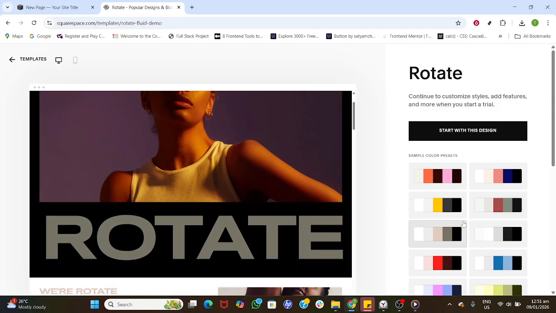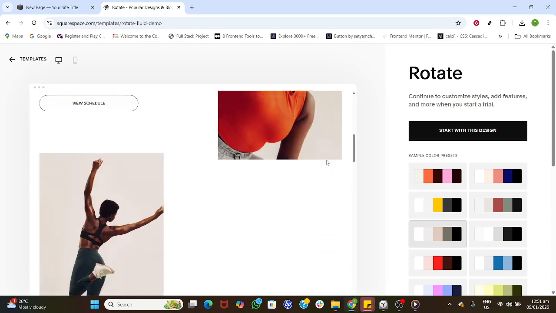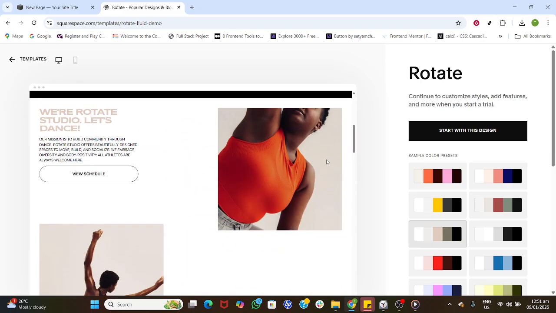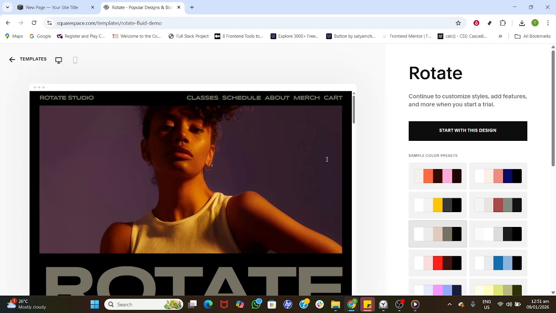Take a moment to review its live preview, click through example pages, and note how the navigation, product grids, and typography feel. When you're confident it matches your goals, click Start with this design. At this point, Squarespace will apply that template to your 7.0 site or start a new site with it, and you can begin customizing fonts,